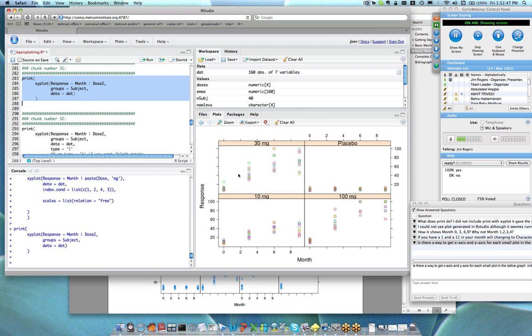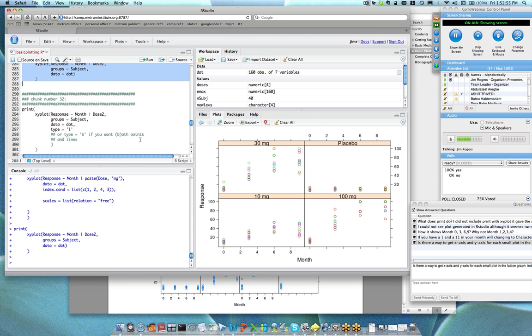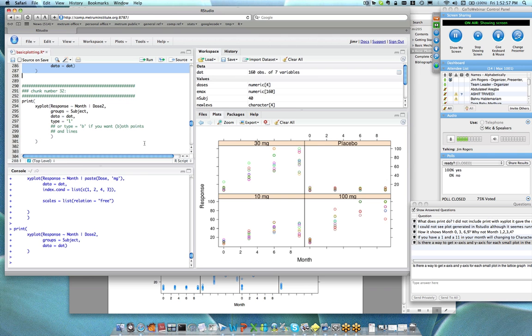And so now the subject level information is encoded here with color. And there's other ways, I'll show you some other ways of encoding that as well in a second. But before I even get to that,